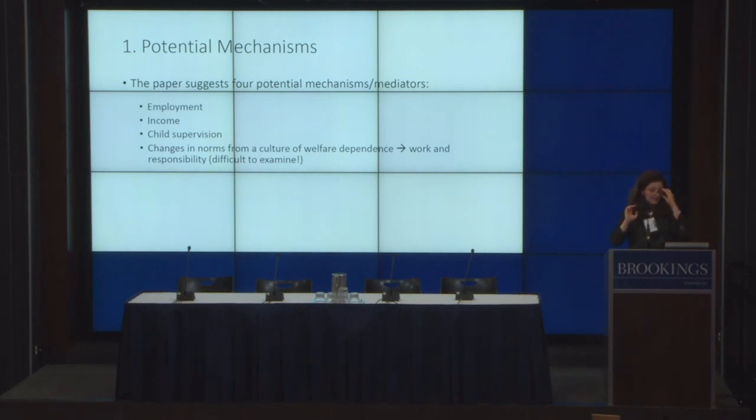And obviously, the changes that come with employment, income in particular, and changes regarding child supervision, because as mothers are now working, they are less at home taking care of the children. And obviously, another substantial potential mechanism was this change in culture. That is more difficult to test, but it's also a strong pathway through which the welfare reform could have affected